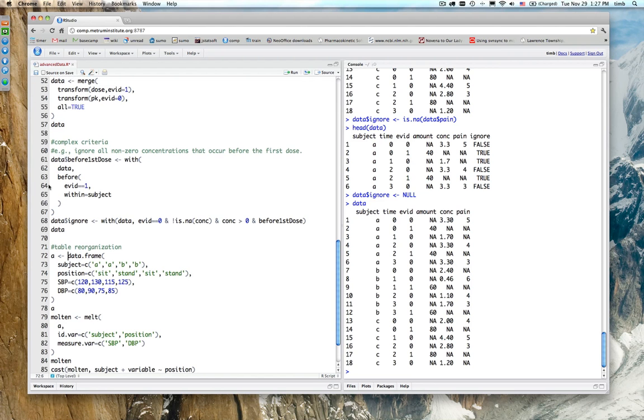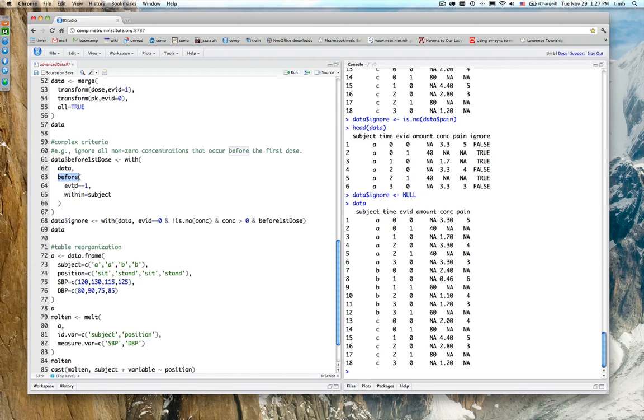So let's take, for example, this piece of code here. We're going to create a column called before first dose. And what we're going to do is open up the data frame data. We use the with function to set all its columns before us in an empty data frame. So now we can use any column we choose simply by stating its name, like EVID. Now we're going to use the function before. This function occurs in the metrumrg package. There are other ways to solve this problem, but this one is particularly handy. We're going to say